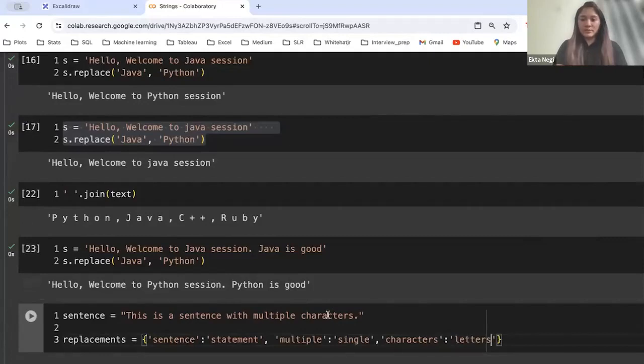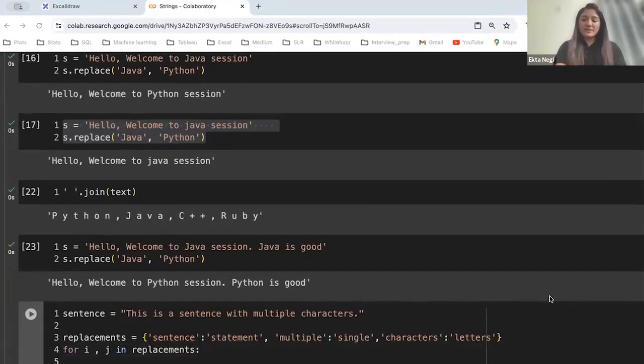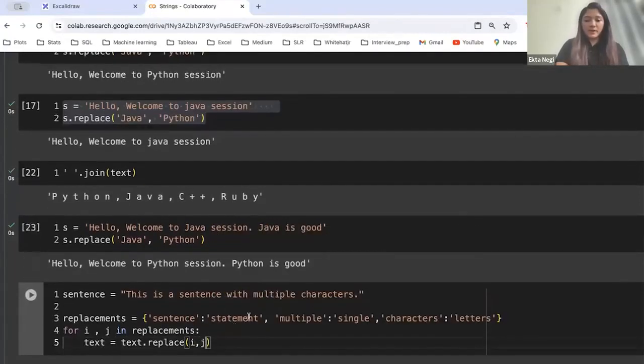This will not get replaced in one go. What I can do is run a loop. The loop will run through this dictionary, for i, j in replacements. And after that, I will replace it using the replace function, i comma j. Now when you move ahead and check by printing the text, or in my case the sentence,